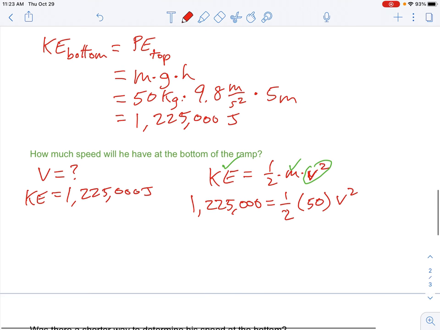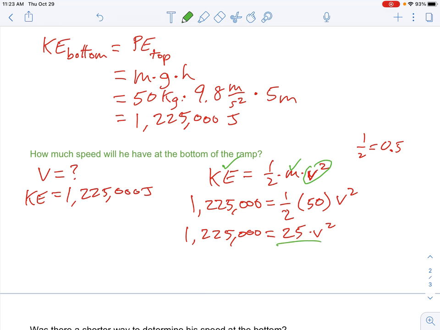And so now we need to simplify this. So how about 1/2 times 50 is 25. And remember, for 1/2, you can always use that as a decimal. 1/2 equals 0.5. Okay, and then on the other side we have the same as before. And then we can do an algebra step. I'll show that algebra step in a different color just so you can see that it's algebra and it's not just a simplification. So we divide left and right side, or sorry, we divide top and bottom by 25 on